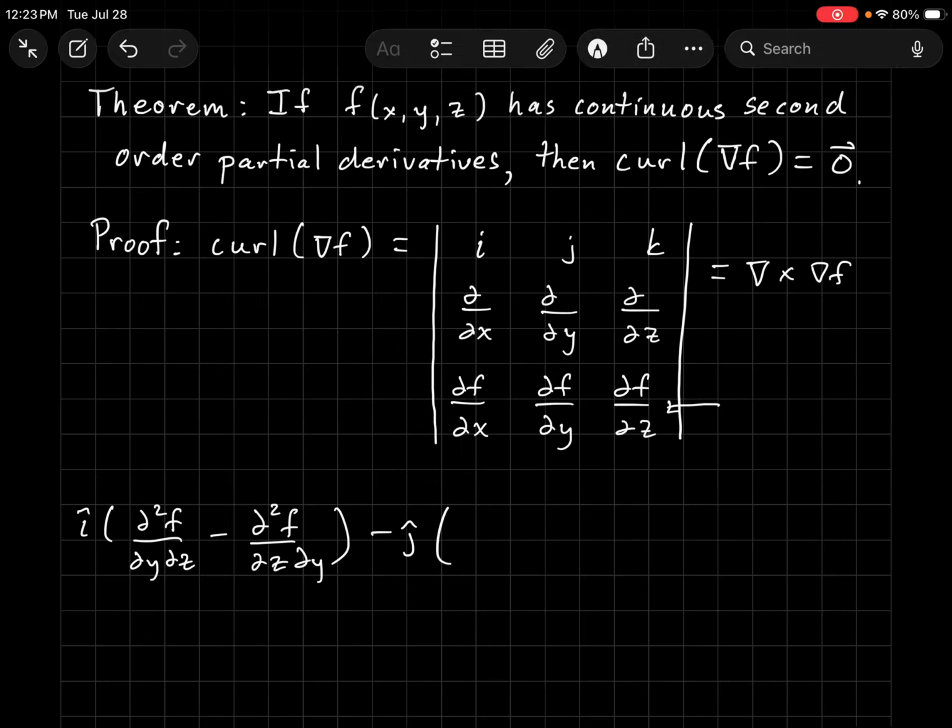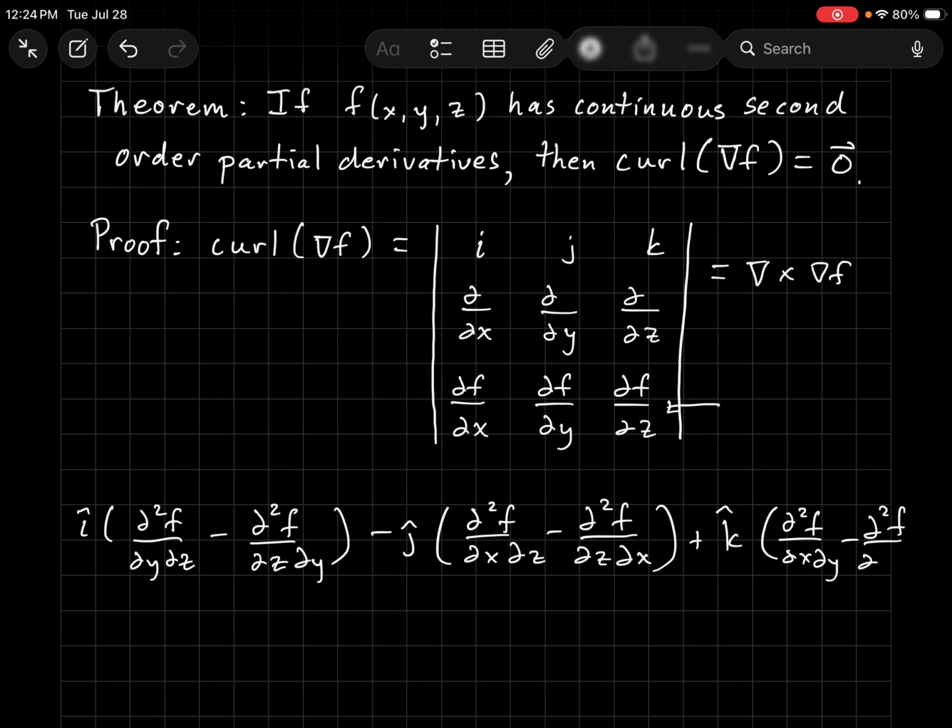We kind of don't need to because we see what's going on, but let's finish it off anyways. The j part will be the partial squared of f, x, then z, minus partial squared of f, z, then x, and then plus k. And we have the partial squared of f, x, then y, minus y, then x. And notice, because we have continuous second order partials, that the mixed partials are always equal to